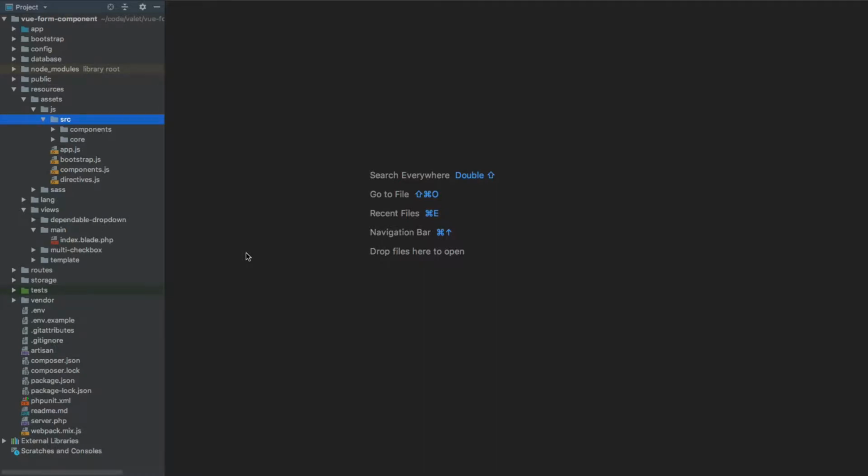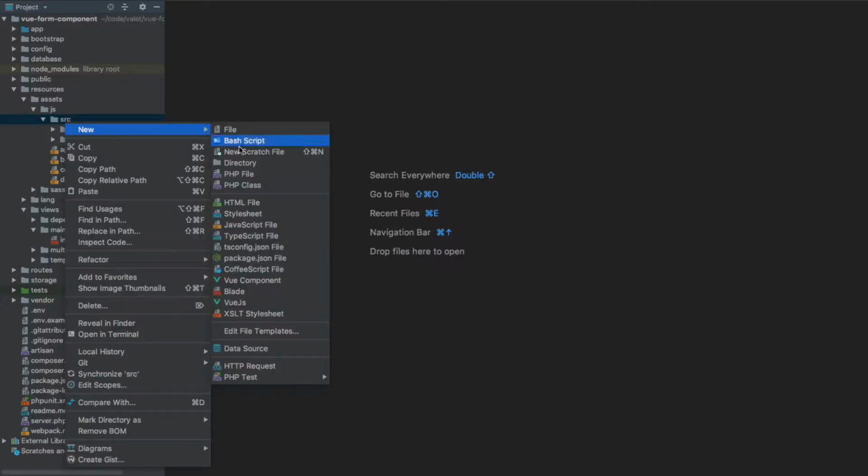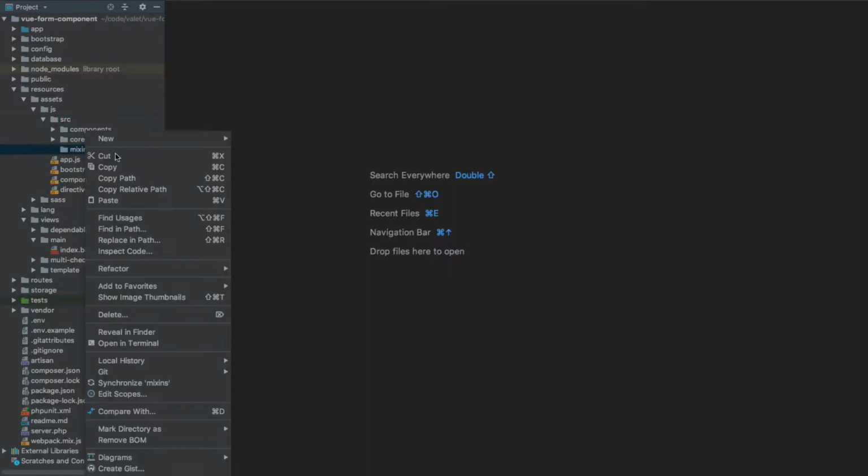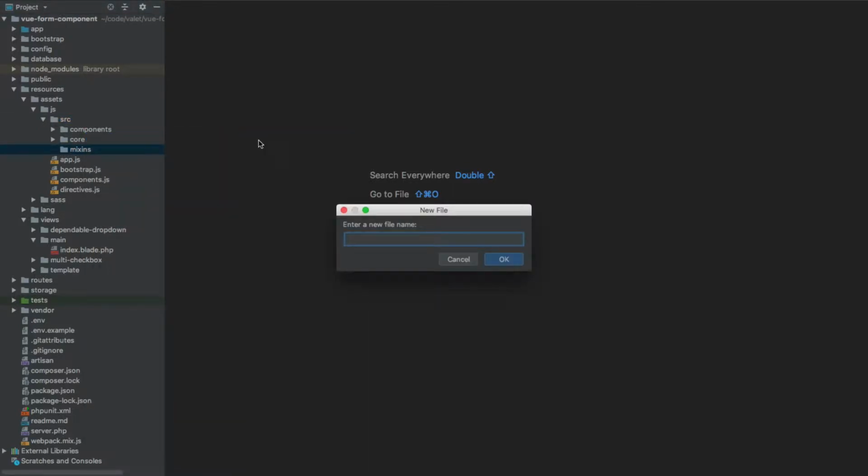In this episode, we are going to create an AjaxCaller mixin. AjaxCaller will be used to make any Ajax calls to the server. Under the source directory, let's create a new one specifically for the mixins. And within this directory, we're going to create the new one called